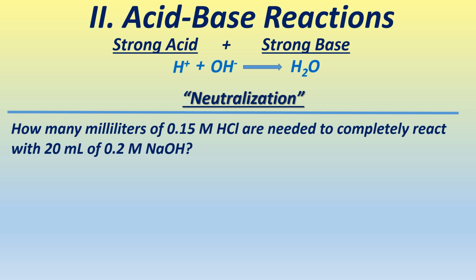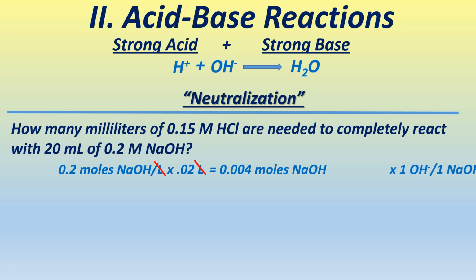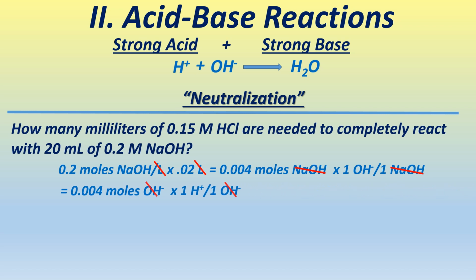Bringing things together, the capital M means I have 0.2 moles of sodium hydroxide per liter. 20 milliliters is 0.02 liters. That gives 0.004 moles of sodium hydroxide. The sodium hydroxide is my base. Sodium is a spectator ion, and the sodium hydroxide donates 1 OH minus, which means I have 0.004 moles of OH minus in solution. The neutralization reaction says I need 1 H plus for every 1 OH minus,